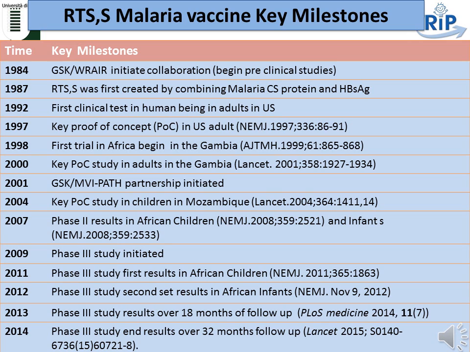Later on, the first trial in Africa began in Gambia, and a proof of concept among the African adults in Gambia was established. In 2001, a research partnership was initiated between GSK and MVI PATH. In 2004, there was a proof of concept among children in Mozambique. At the same time, in 2007, another proof of concept, of safety and efficacy, was established in African children in Kenya and Tanzania. And in 2009, the phase 3